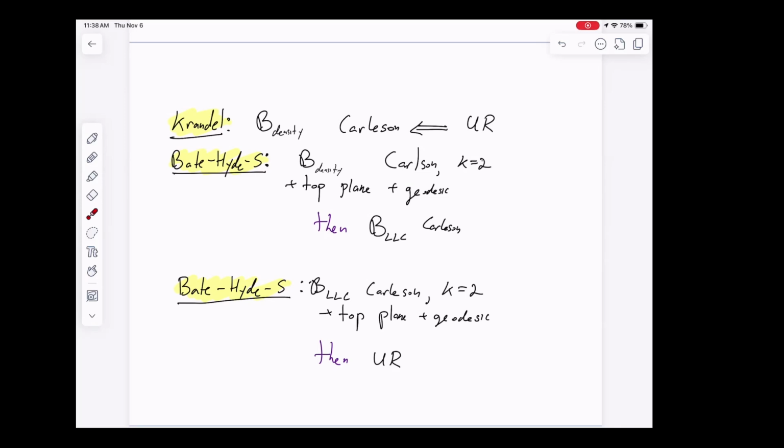Can I ask a question? Yes. Again about the middle one. When you say k equals 2, you mean it's Ahlfors 2 regular, Ahlfors 2 regular with topological dimension 2? So what's an example of a topological plane that's Ahlfors 2 regular and geodesic, that might not be LLC on some balls or might not have this constant density condition on every ball? What should I be imagining? Because the usual thing is like a cusp, but then you're not going to be Ahlfors regular.